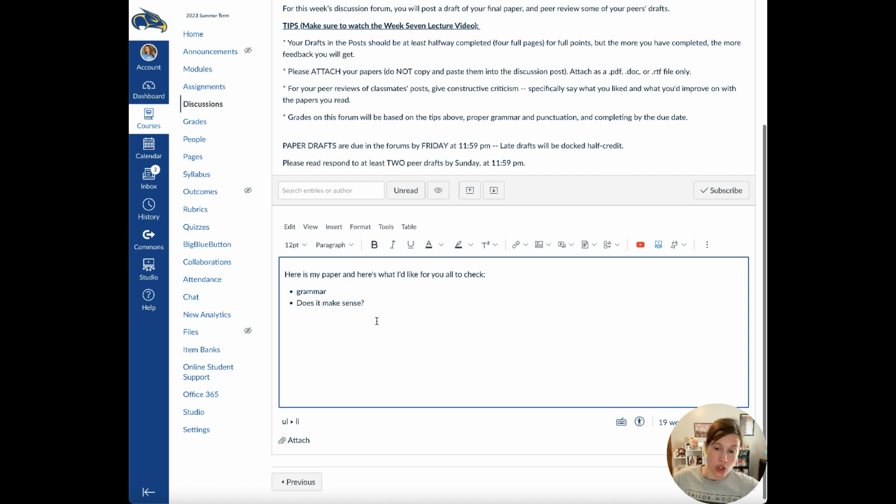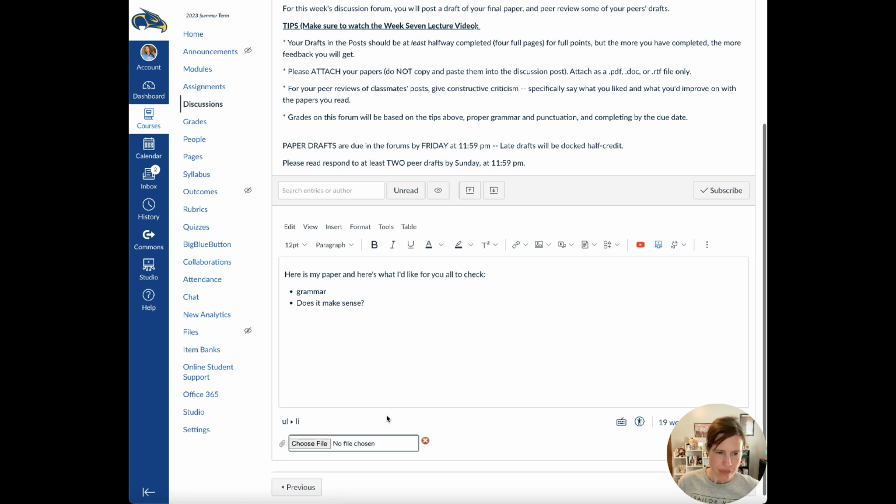What I don't want you to do is copy and paste the entire paper. Don't do that. That's not fun. Instead, go here to this attach button with the paper clip, and you'll choose your file from the computer. Now, your paper needs to be saved on your computer to do this. So if you've not saved your paper onto your computer, your laptop, Chromebook, whatever, make sure to go ahead and do that. So save your paper, and you can upload it there,